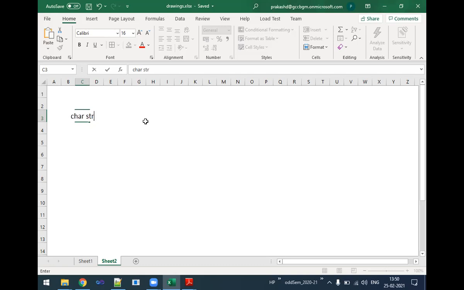Let me use something else here. str of 5. Okay. And I want to initialize here. I want to initialize as... is it allowed?